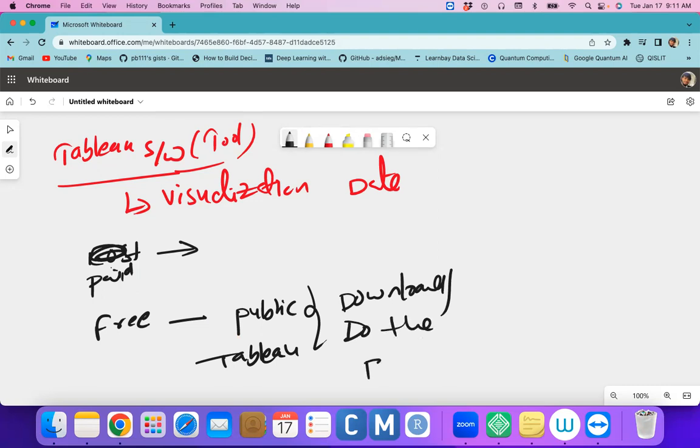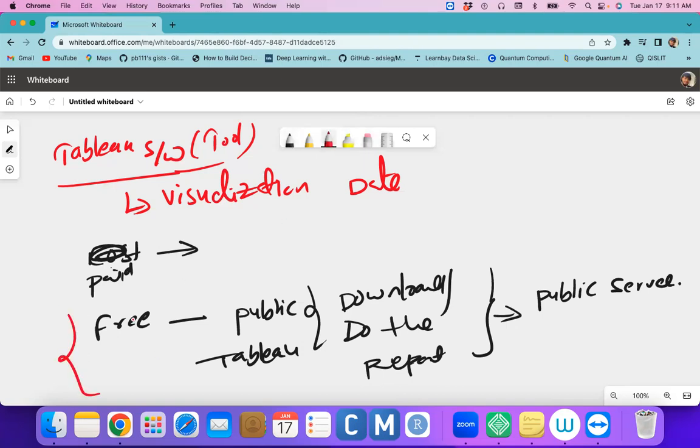but we can't save these reports in our local computers. These reports can be saved in the public server. When you save some kind of reports in the public server, everyone can look at your reports, so companies are not using this. If you want to learn more about Tableau, Tableau Public is good practice from a learning perspective,